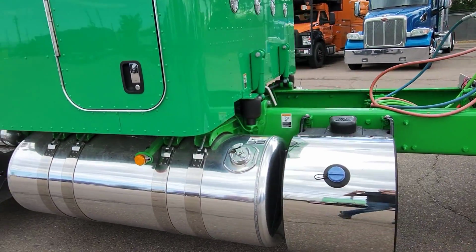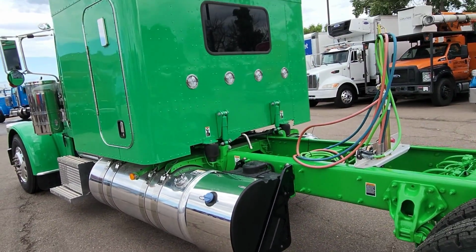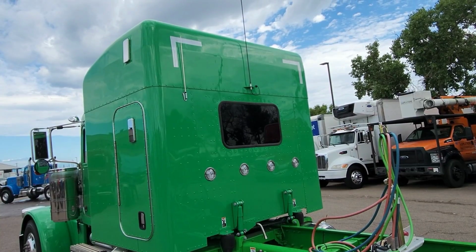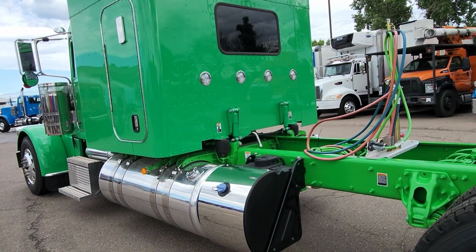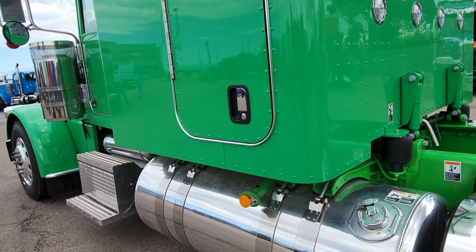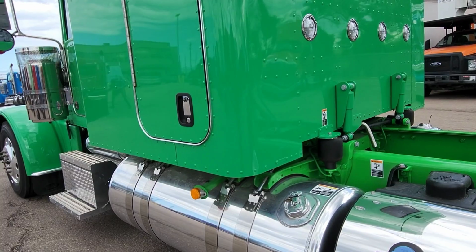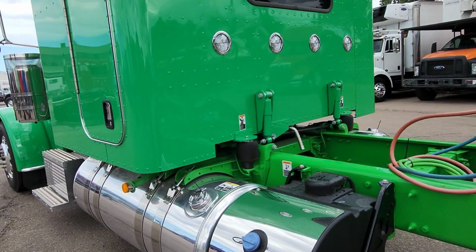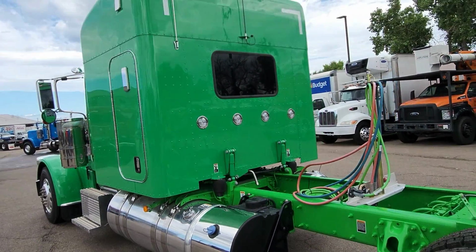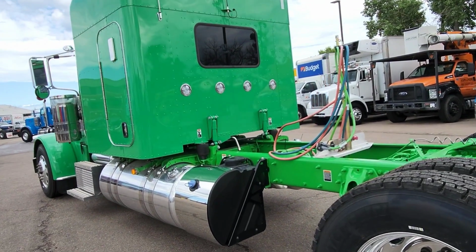Again, I think his intention was to hide the DEF tank. So what you got to do in order to make that happen, it's something you can do yourself if you're a little bit ambitious, but you basically just take the batteries, move them over to the passenger side if you want your DEF tank on the driver's side, and then Rod Pickett has a kit down there that you could buy. I think even Dustin Dickerson has a way to